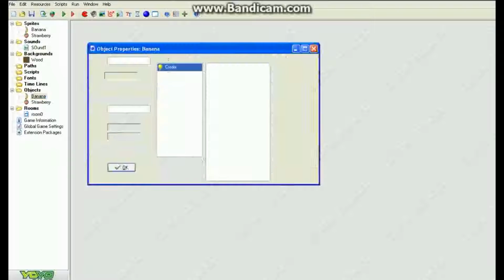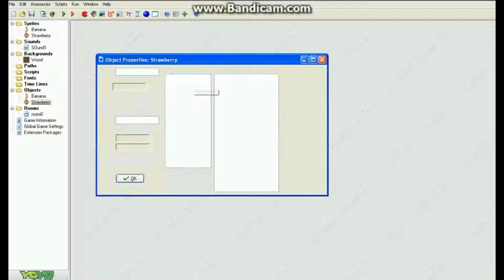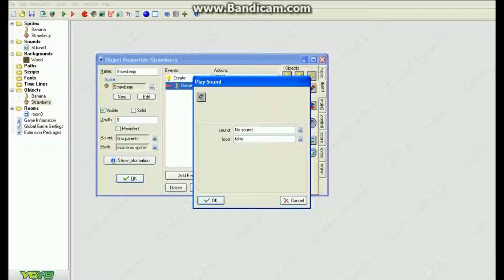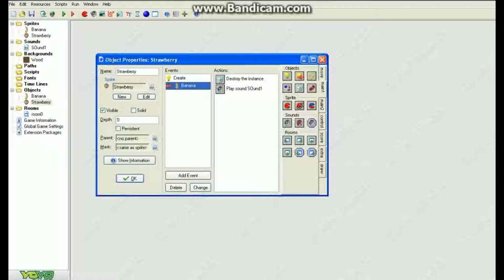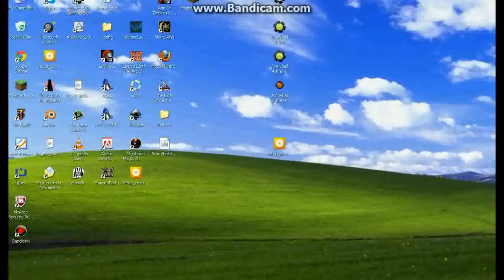So now let's go to strawberry. And with that collision with the banana event, when it destroys the instance, we're also going to make it go right here, sounds, and play sound 1. So now it's saying when the strawberry hits the banana, the strawberry will disappear and it'll play that sound. So if we go to this, now you probably won't be able to hear it on mine, but on yours,